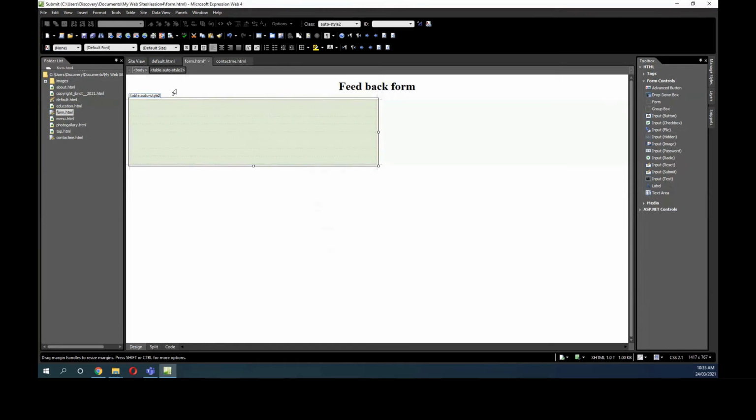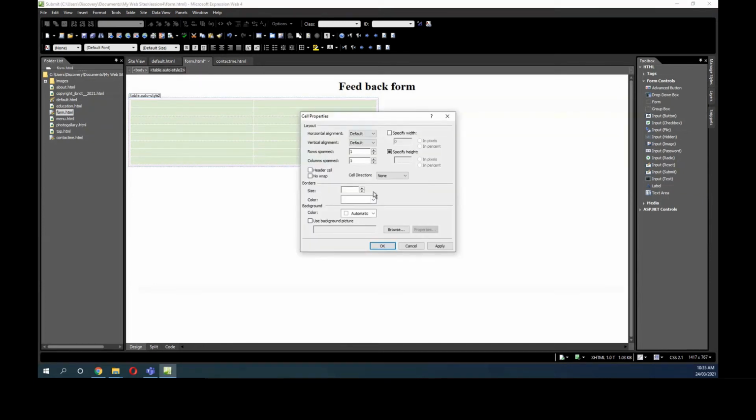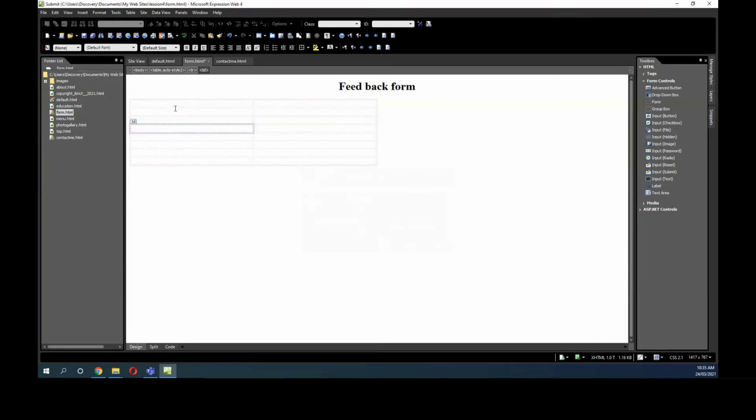All right. Also, I'm gonna go to the table and the property of the cells, not the table. Okay, and say here cells property. I will put border for the cell. Okay, good. Now, what I'm gonna do is the same thing here. I'm gonna say name, email, your mobile number, for example, and then say your college,